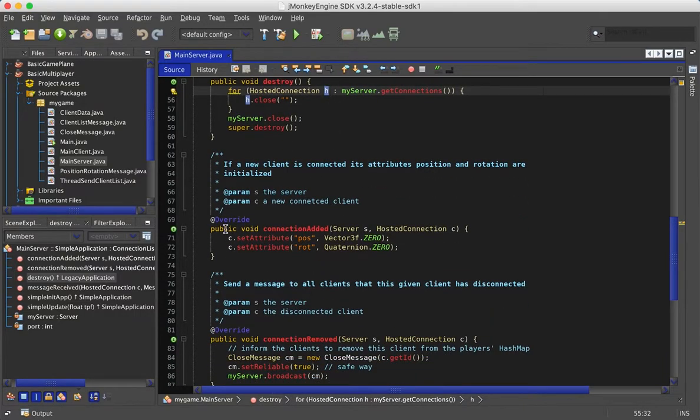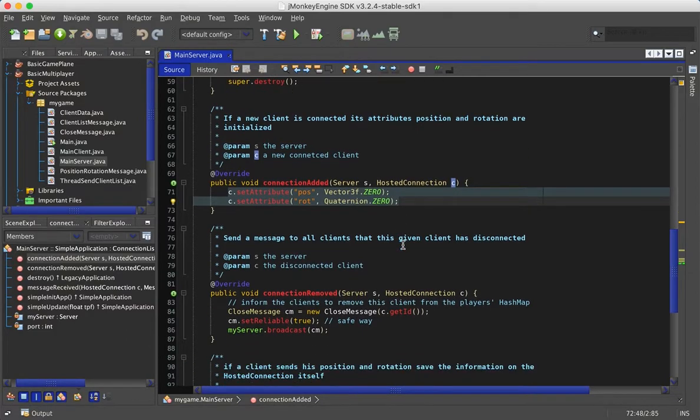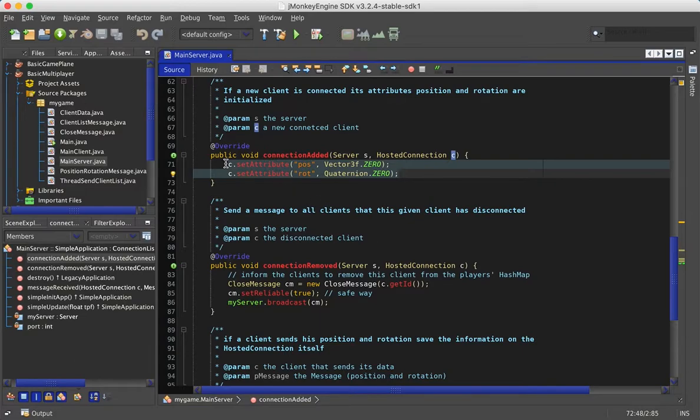In this case, for example, if a client connects to us, then we can just put an attribute onto the client object and store the information that are necessary for us on the client object itself. So we need position and rotation, and with this we just initialize it, and we are just putting two attributes onto the hosted connection object, onto the client object that is connected with us, because we will need these two